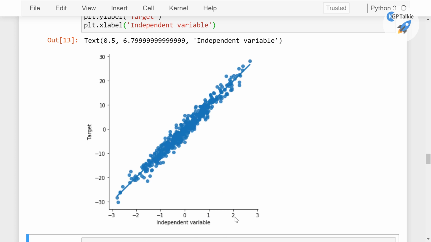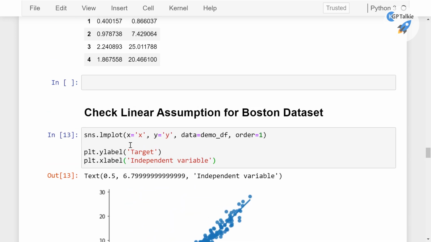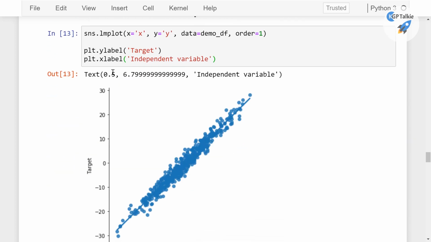So the input features and the target variable should be correlated to each other, and that correlation should be a linear correlation for linear machine learning models. All right, perfect. So this is the check on our demo data set. Now let's go ahead and check it for our